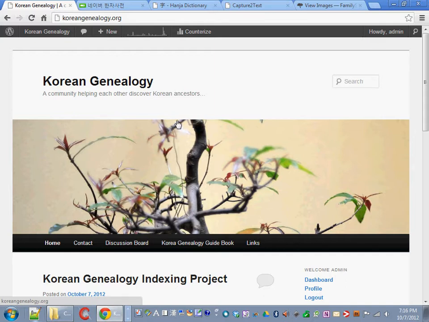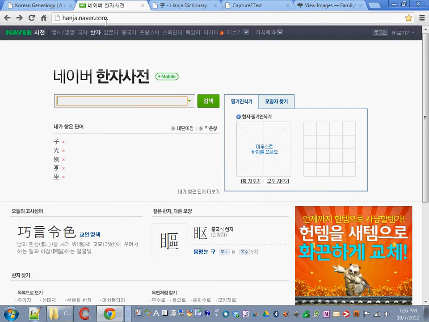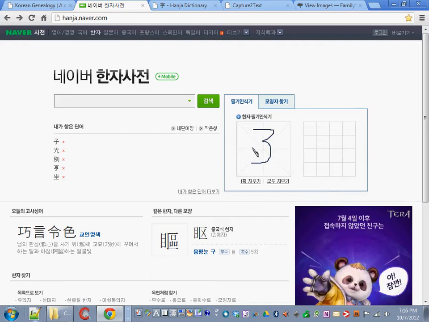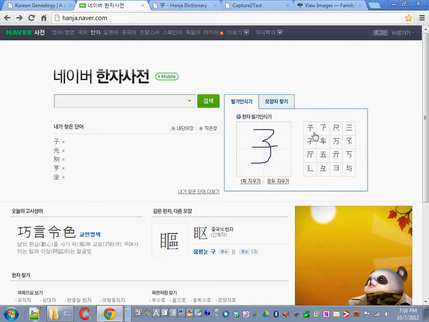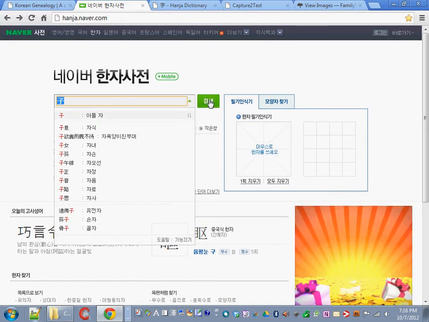This is a quick tutorial on how to use HanJa characters, which is an essential skill for doing Korean genealogy. If you know how to draw a HanJa character, you can go to hanja.naver.com. You can draw the character, then select. It comes up with all the ones that are the closest, select the one that you wanted, and it puts it here. If you hit this gumsec button,